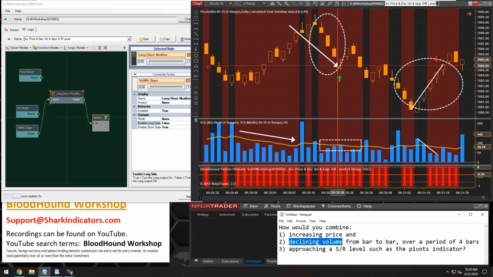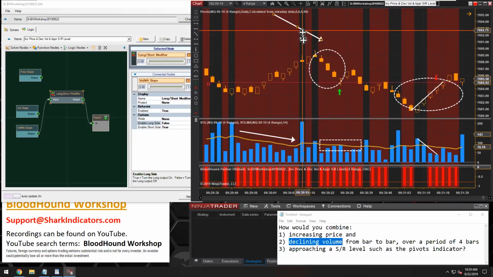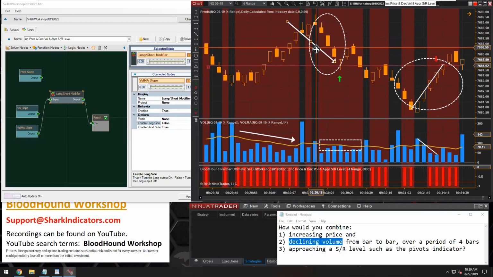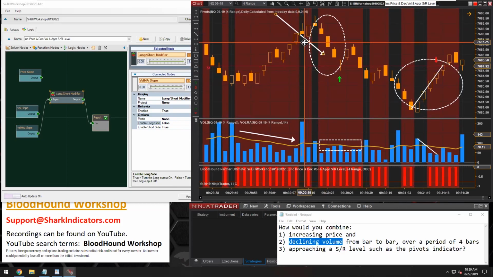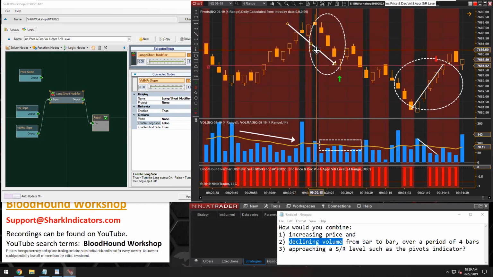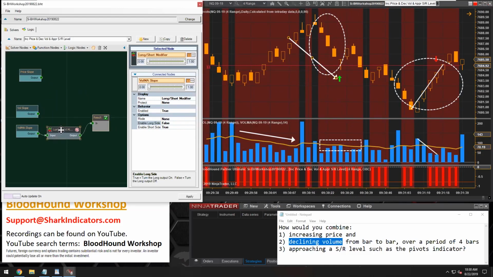Okay, so there we go. So we have the short output, and so now we have a short output when volume is declining. So again, going back to a situation where we would want a long signal, right? If price is approaching our SR level from the opposite direction, we're interested in a long bounce off of that level. But again, volume is declining. So if we're looking for a long signal, we need to have a long output as well from the volume declining. So we're going to take this long short modifier,